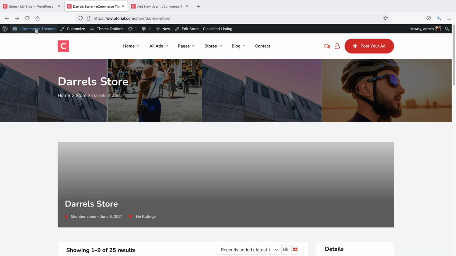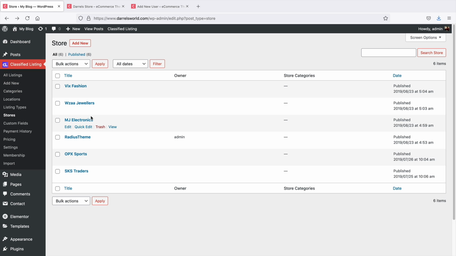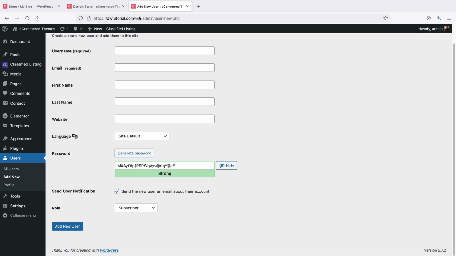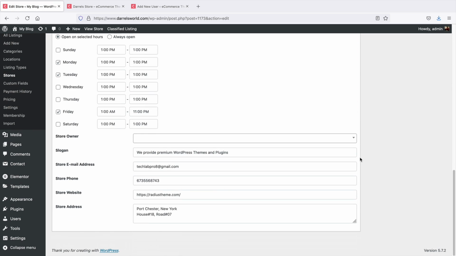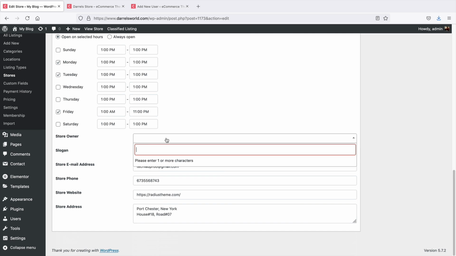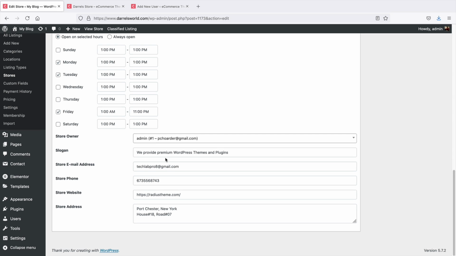So for example, I'll just go over here. And let's say, for instance, you even made a store by yourself and you wanted to assign the specific user that you created over here. You'll just go to a store, right? Like this jeweler's one or whatever. And at the bottom of the page, we have store owner. And this will display a list of all the users within your WordPress account. So I only have one right now, so it's admin. But you would just go ahead and create a user, and then you can assign that store to specific users